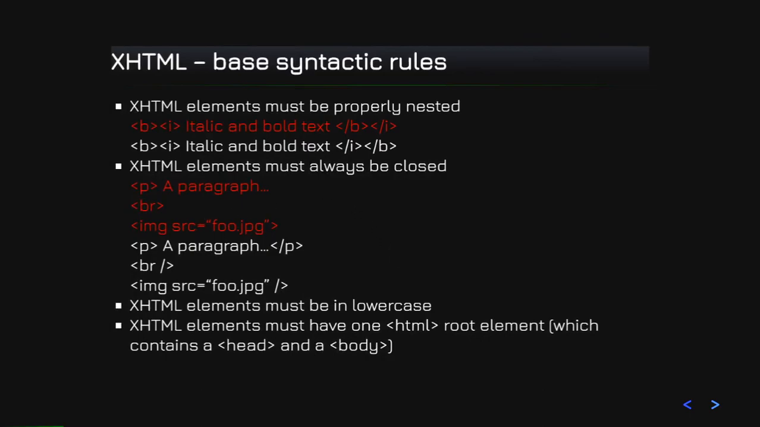So these base syntactic rules are: XHTML elements should be properly nested. You see here an example written with red text. This one is not good because this italic starts here and ends here after the bold tag. So the properly nested version of this would be this one. The inner tag is I and the inner closing tag is also I here. Okay, and the B tag should be on